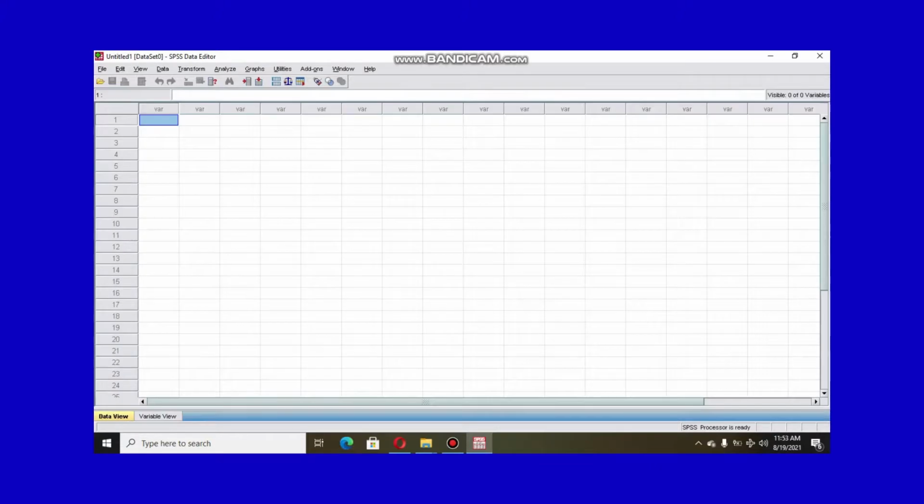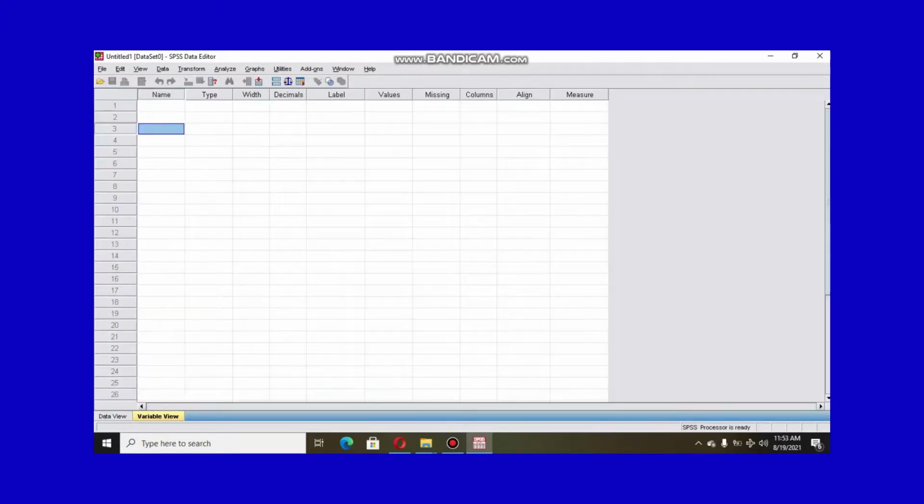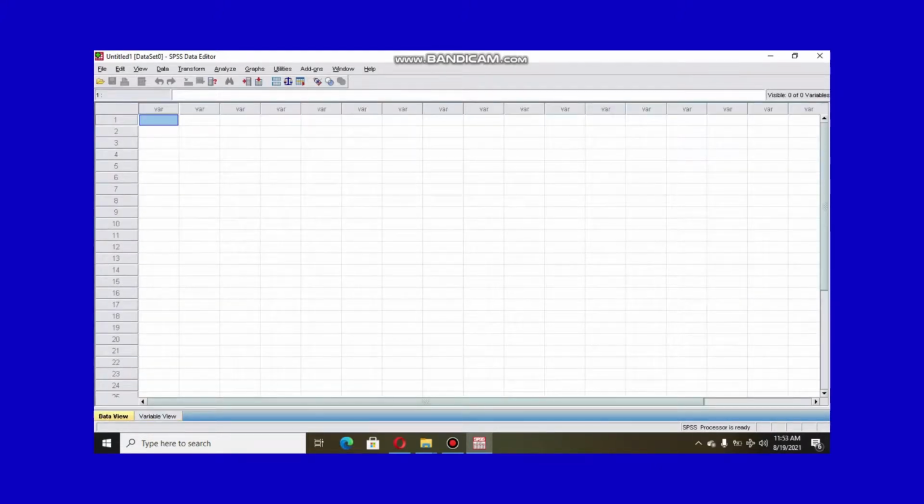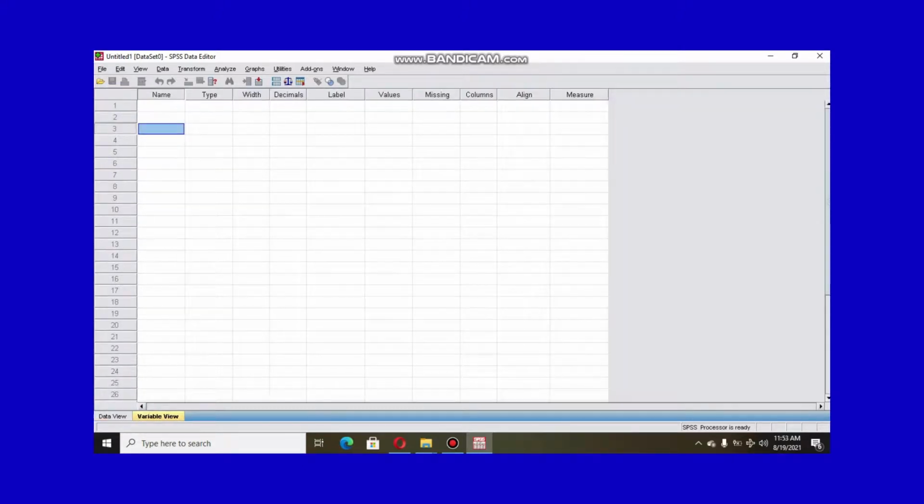These are the first things that you must understand before you can have an understanding of how this particular software works. Now, this component called the variable view is where you program the questionnaire information. If you are using questionnaires for the data collection, the information for the questionnaire must be programmed here before you begin entering the actual data that you collected.